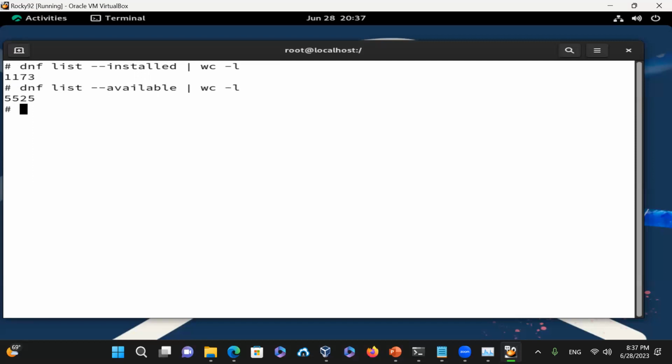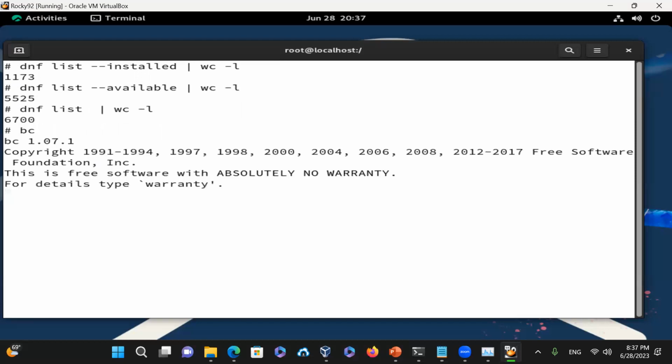So DNF list itself was showing about 6,000, I believe, something. Yeah, 6,700. Those two numbers do not add up to exactly 67,000, because some of those numbers are available versus installed, or the dependencies could be just a little bit off. So if you go to a basic calculator, say